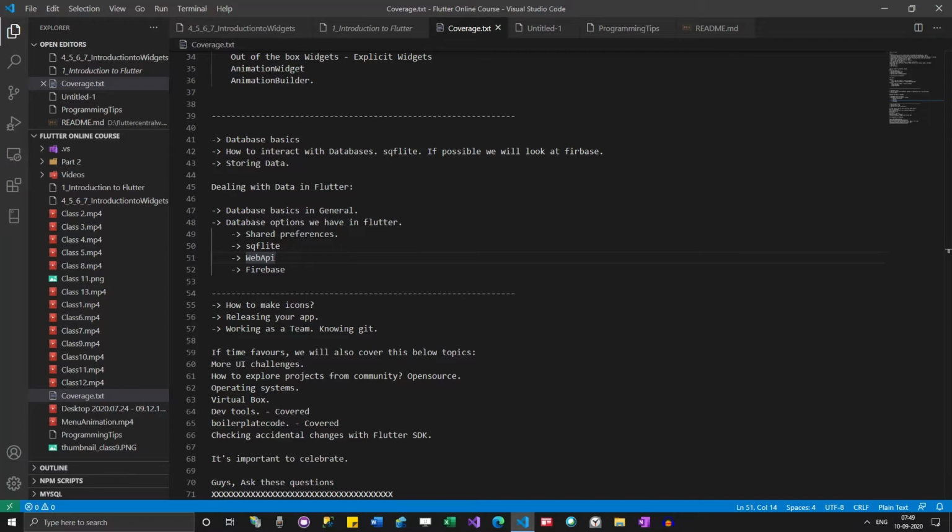If you try to explore more about web APIs, you will mainly find two things: one is SOAP, and the other is REST. When you search the internet for web APIs, you will find REST and SOAP.